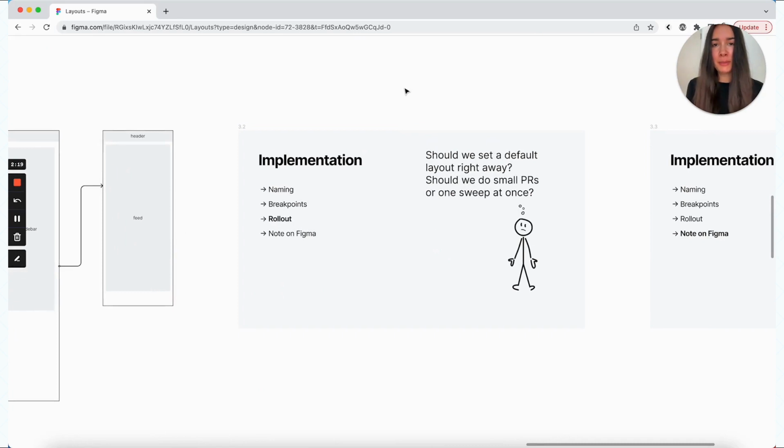The next step of implementation is rollout, meaning do you want to implement your new layouts as entirely new components and then delete all of the existing layout components while replacing to make sure that nothing breaks? Or do you want to take an existing layout component and modify it and maybe move it from some random repository into the design system repository?